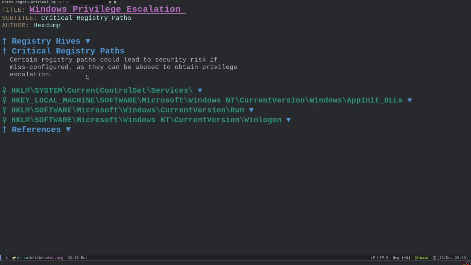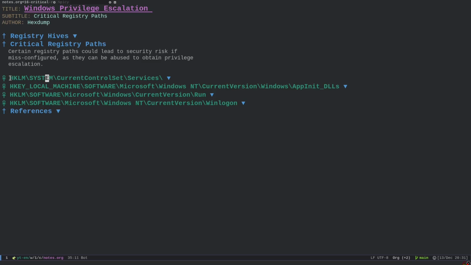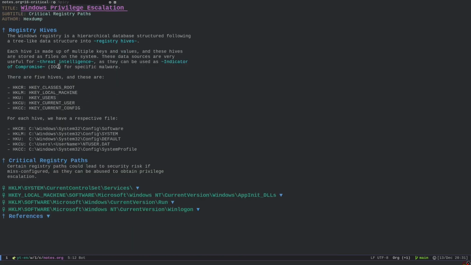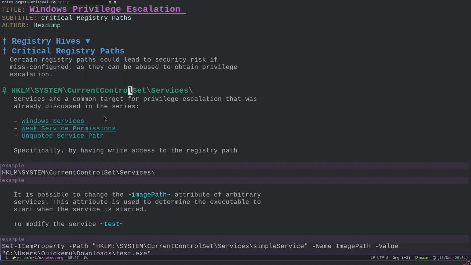Now, the first registry path that I want to talk about is HKLM\SYSTEM\CurrentControlSet\Services. So essentially, this belongs to the HKLM, the local machine registry. And why is having access to this path critical in terms of security? Well, because services are a common target for privilege escalation, and this was already discussed in the previous videos of the series, and specifically these 3 videos were mainly targeted on services: Windows services, weak service permissions, and unquoted service